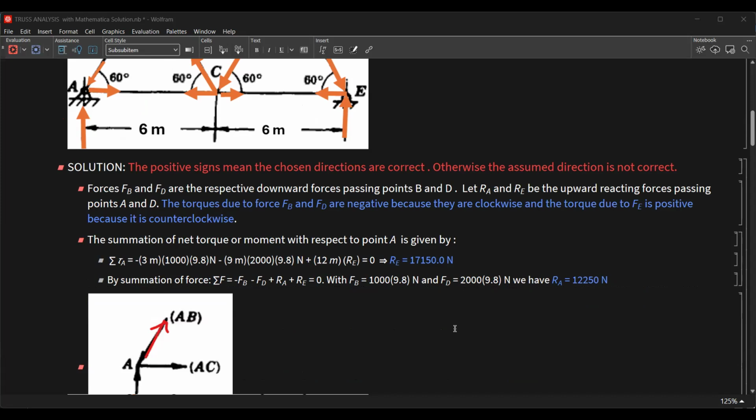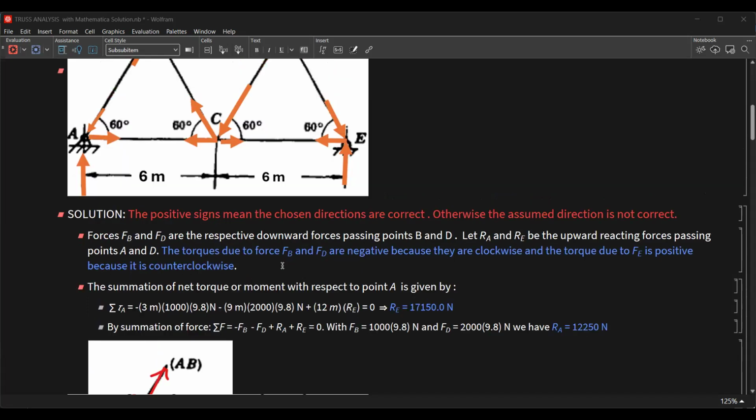So the summation of the torque or moment with respect to point A is given by negative 3 meters times 1,000 times 9.8. This is negative because it is clockwise. Then times 9, 6 plus 3 equal to 9, times the 2,000 kilograms times 9.8, that is negative because